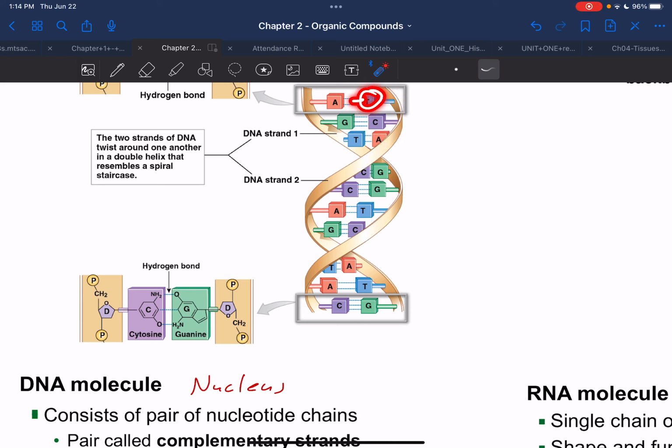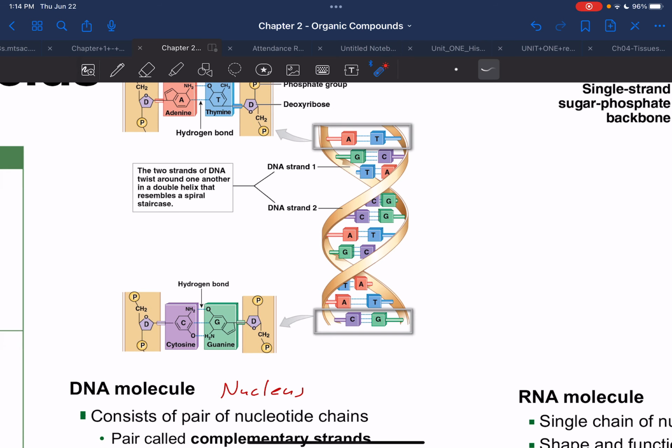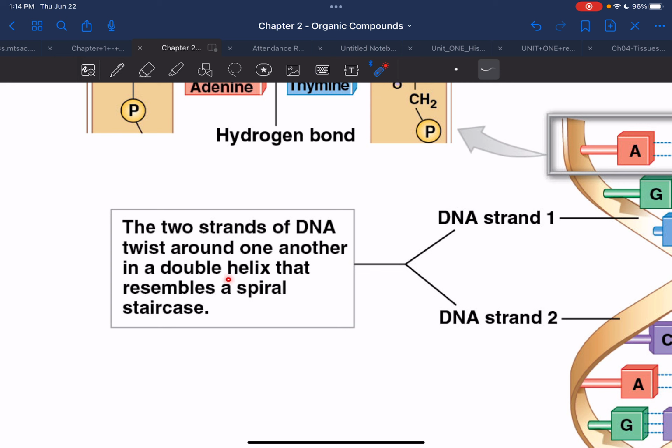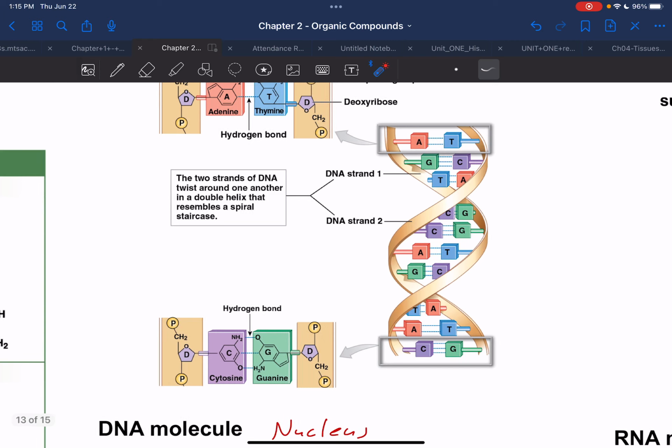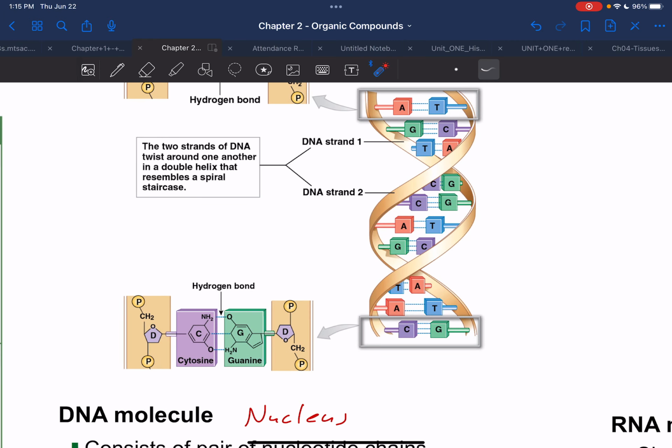In other words, a T will always be bound to this A, C will be bound to this G, A will be bound to this T, and you'll also notice that there's a particular shape to it called a helical shape, a helix shape. It does resemble what you know as a spiral staircase, those stairs that circle around as you're going down. They make you a little nauseous as you're going. They kind of feel flimsy and unsafe,